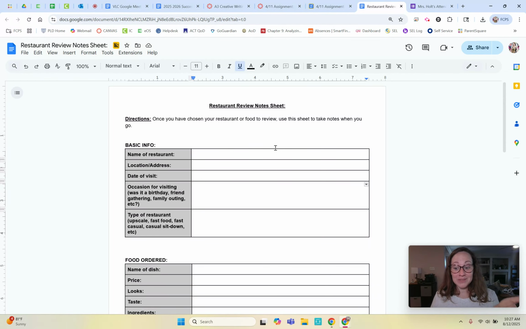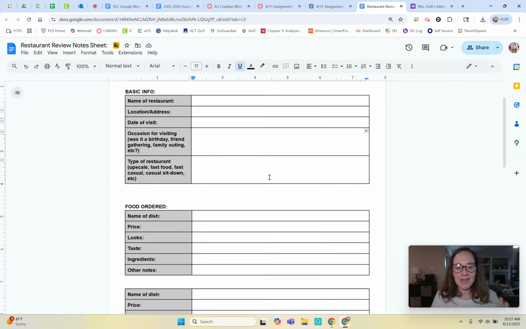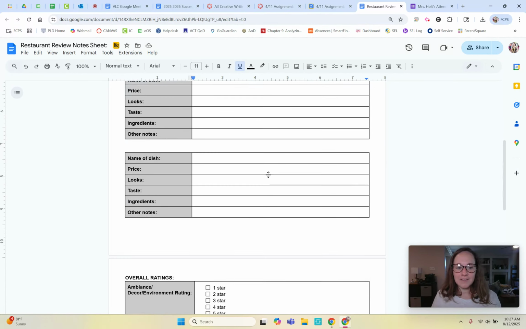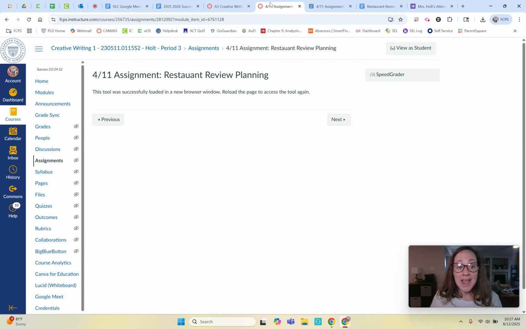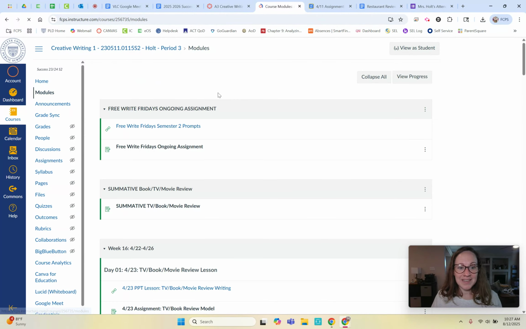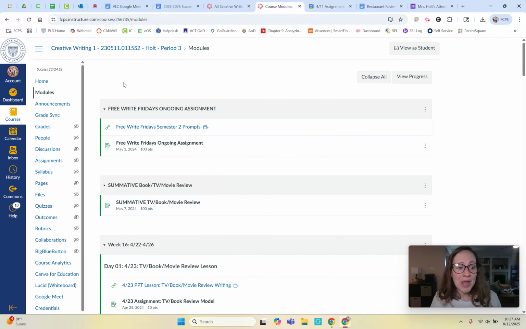So if I provide you a document to work on, I expect all of your work to be done on this document so that I can see your writing process and identify any misconceptions. I try to make it as easy as possible, lay it out for you, and all you've got to do is complete your work on the documents that I provide. And that is basically everything you need to know about how I lay things out